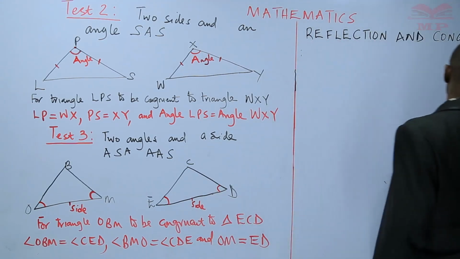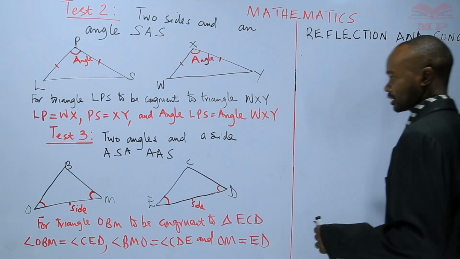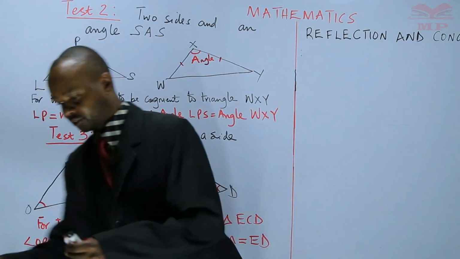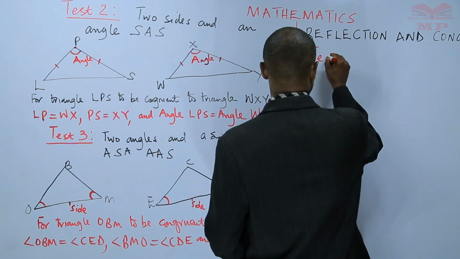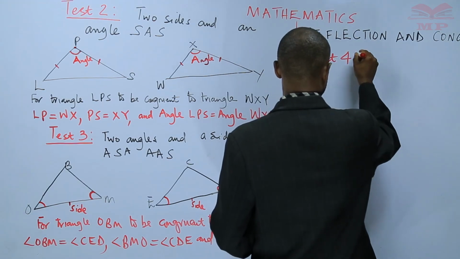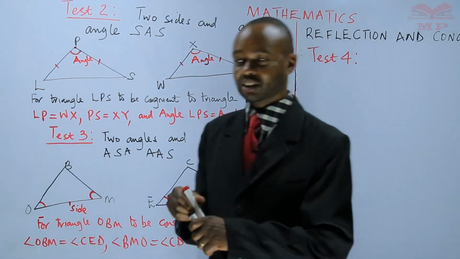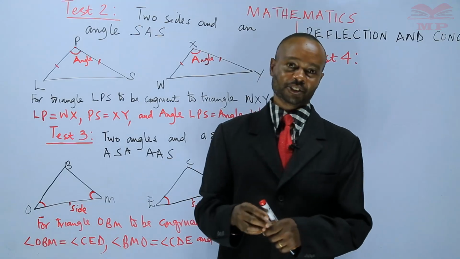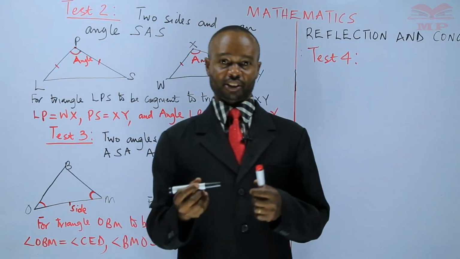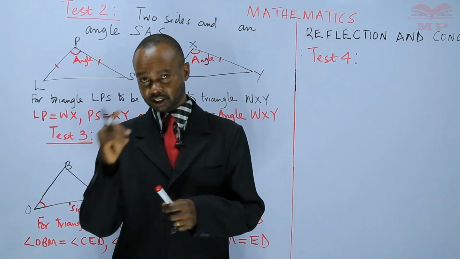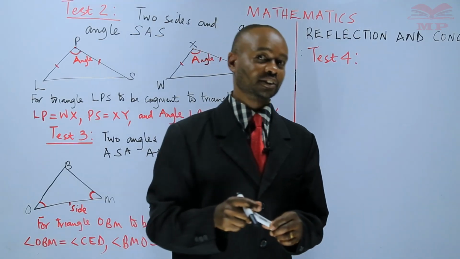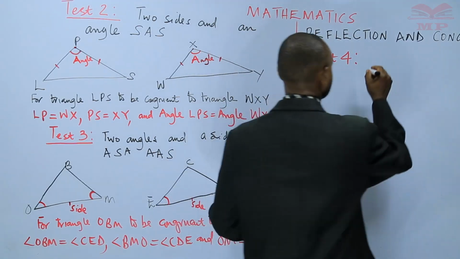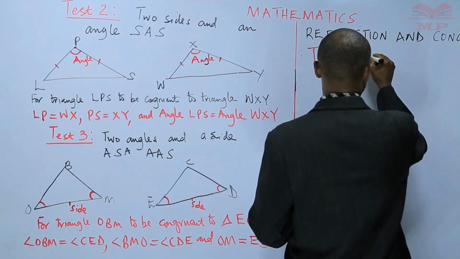Test 4, the last test. In test 4, they talk of a right angled triangle, hypotenuse and a side. It simply means the two triangles, in the first case, should both be right angled triangles. So that's why we say right angled triangle,